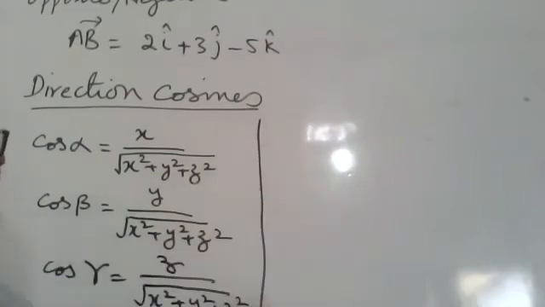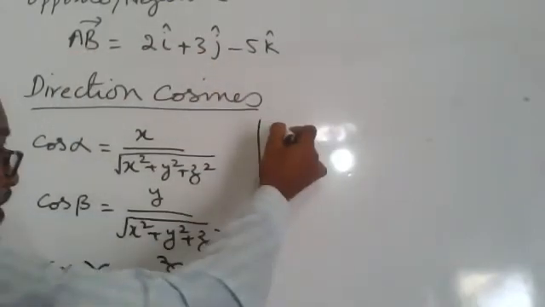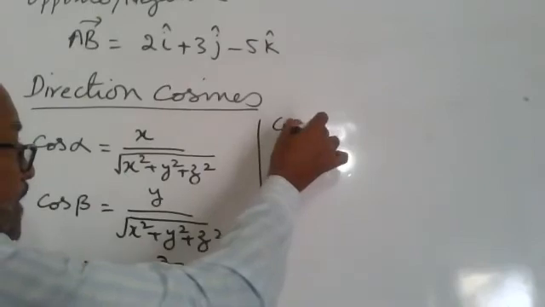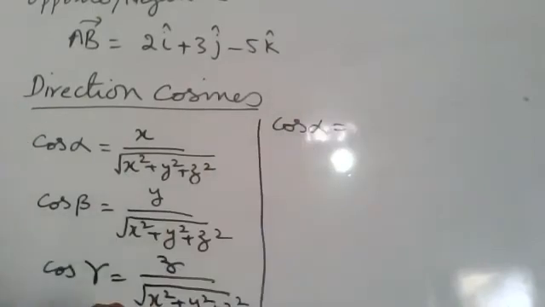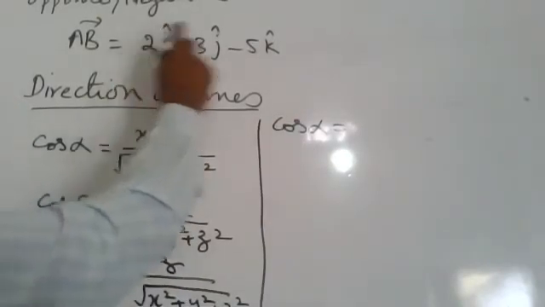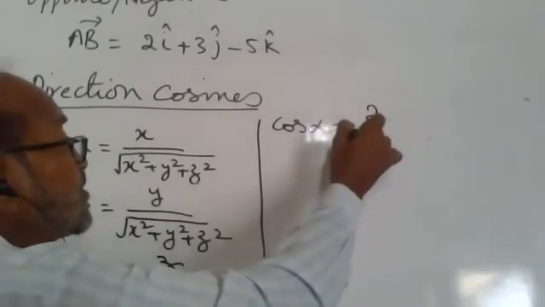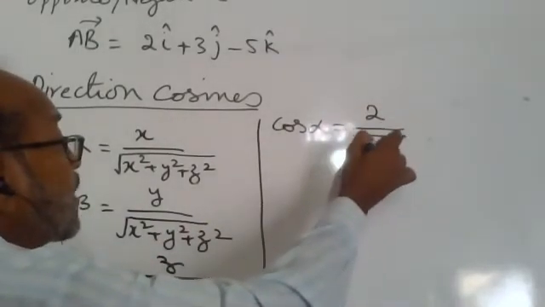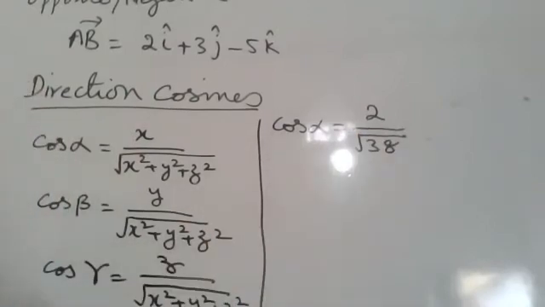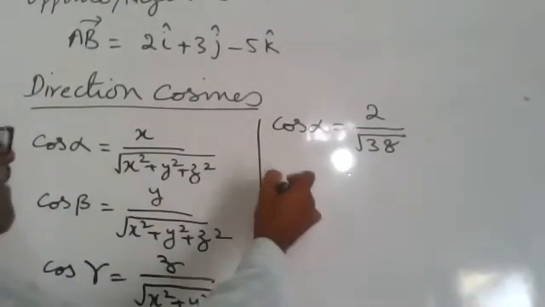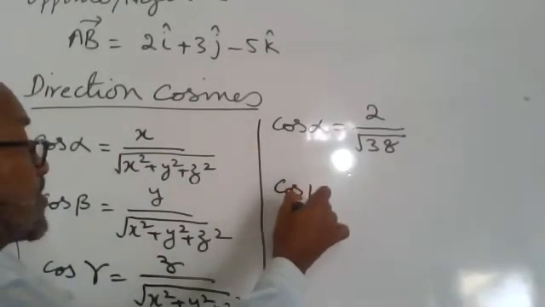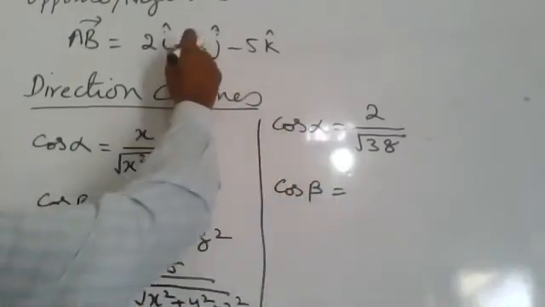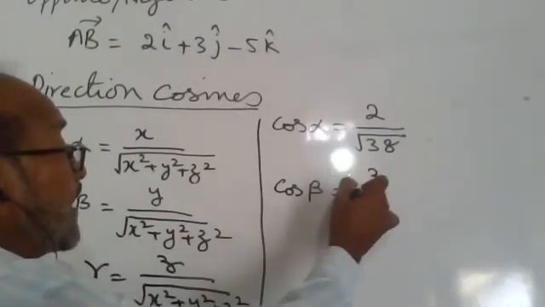Cos alpha will be equal to 2 upon the magnitude, which was under root 38. In the same way, cos beta is 3 upon under root 38,